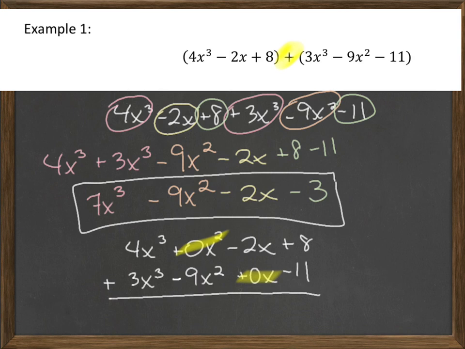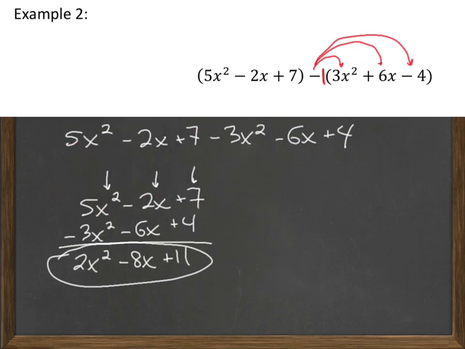Okay? So again, you can still use this technique, but be careful that you don't accidentally combine, for example, the negative 9x squared and the negative 2x, because those are not like terms. So again, this will work all the time as long as you use those placeholders. And if you're worried or concerned that this method isn't going to work for you, then you can just go back to the other method that I showed you,